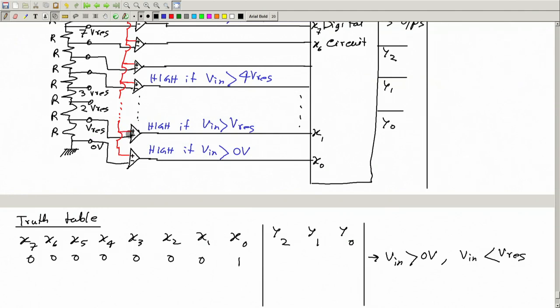Now, if that is the case, this will be low, and of course this will also be low, because if the input is lower than V days, it is also lower than 4 V days, 5 V days, etc. So they all will be low. So if this is the pattern, which means V in is greater than 0 and less than V days,